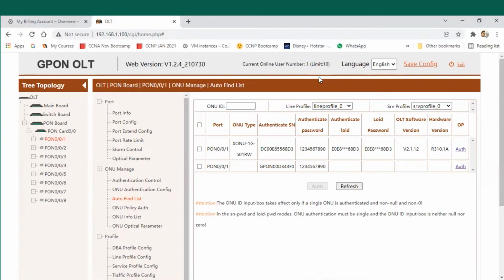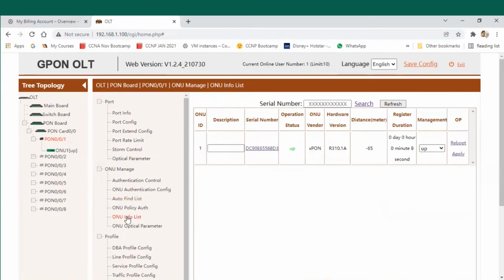Authentication is success. OK. Now go to the ONU info list. Here it will show operation state is up. It means ONU is authenticated successfully with the given line profile and service profile.